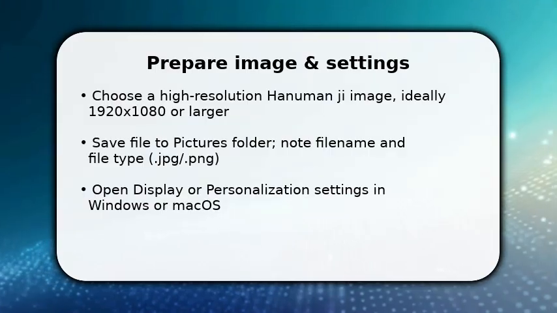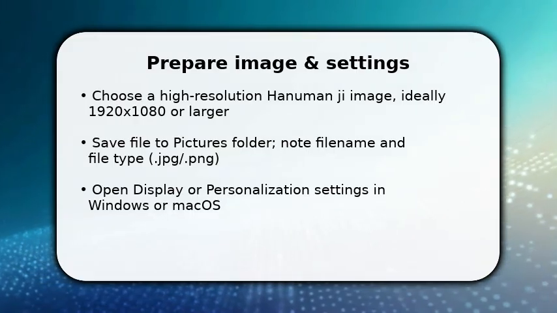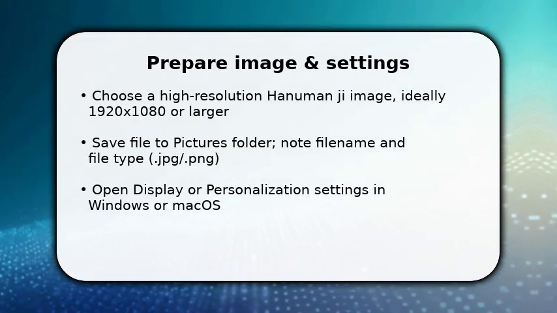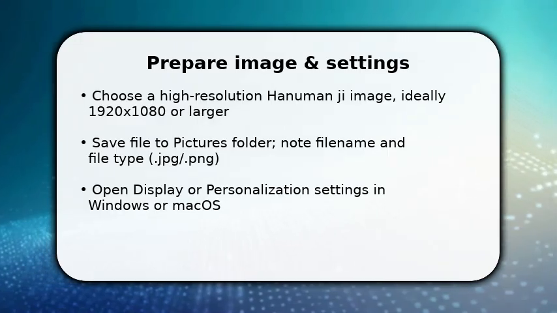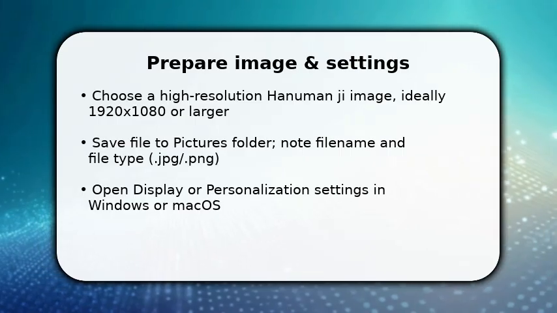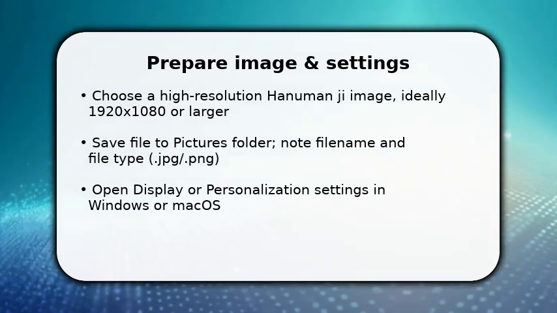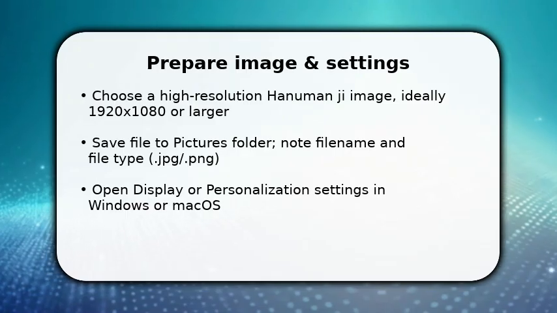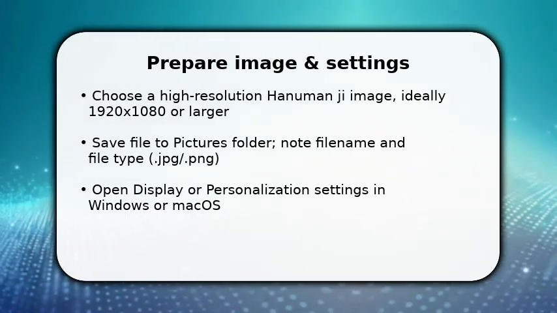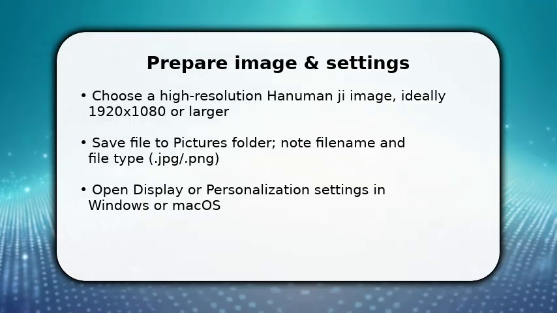You start by getting the right image and confirming system settings. Pick a high-resolution Hanuman Ji picture and save it to your Pictures folder so the path is simple. Once done, open Personalization or System Preferences. This ensures you change the wallpaper, not a temporary lock screen image. Make sure you have administrator access if prompted. That avoids permission errors. You're now ready to select the saved file and proceed to set it as your desktop